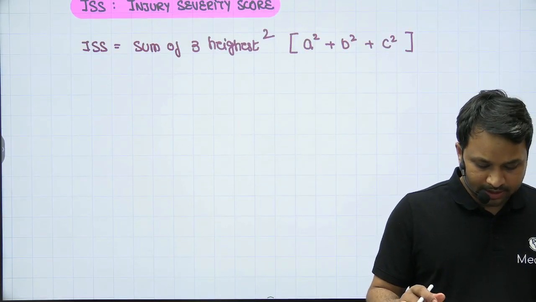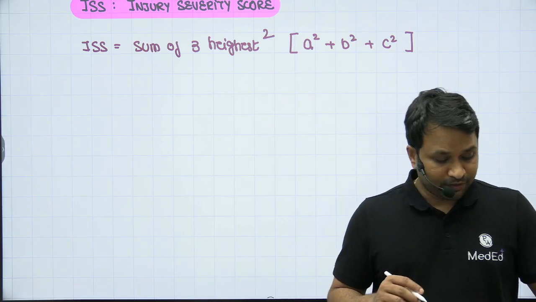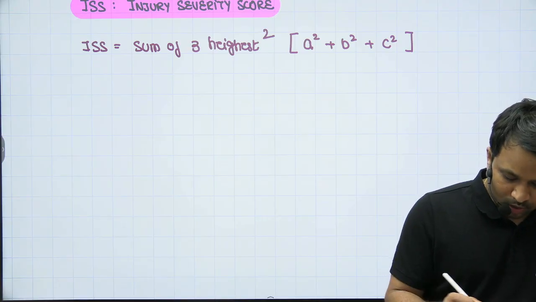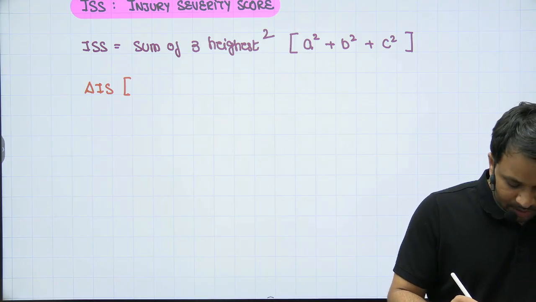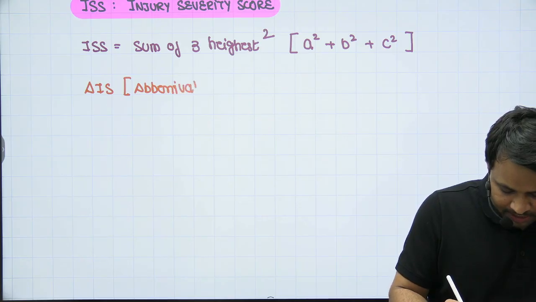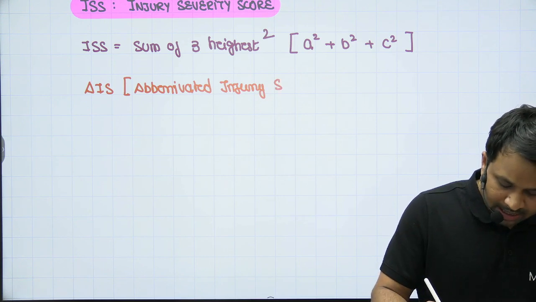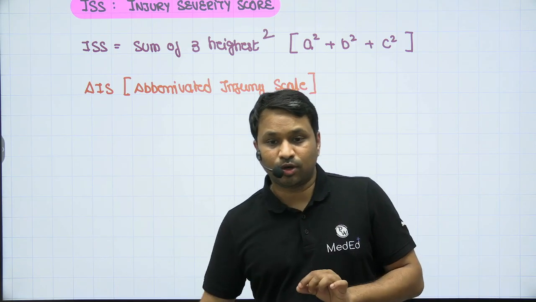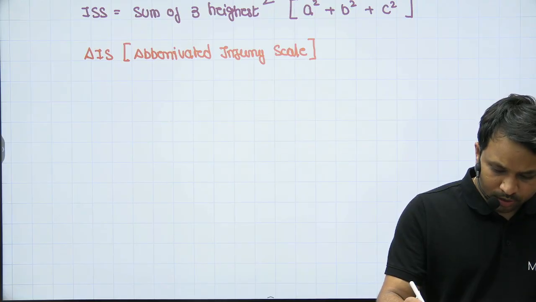Now, in order to calculate this, we have an abbreviation for all the following components. The first thing, in order to understand the injury severity score, you have to understand the concept of AIS. AIS stands for abbreviated injury scale. It designates a number to each of the body parts, right? So according to the abbreviated scale that we have,